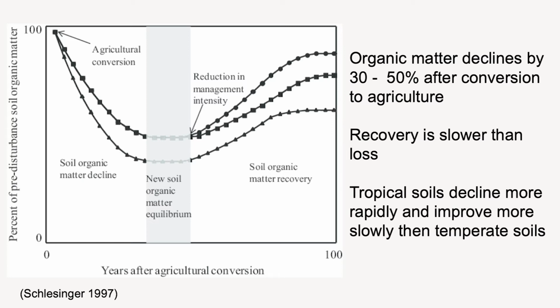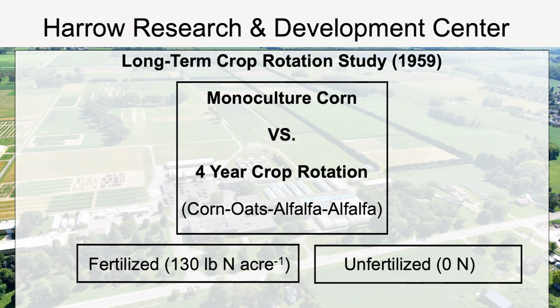I like to use this slide as kind of an example of where we are at with soil organic matter. Typically, when you convert land over, you lose about 30-50% of your organic matter over the first 30, 40 years. And then we kind of stabilize at a lower level. And that's where a lot of the farms are at in the US right now, at this new equilibrium. We've been doing the same management for years and years. And we're at a good point to really increase. And this is where we can start doing some more sustainable practices where we can increase our soil organic carbon. And it's a win-win on both ends. We get to sequester more carbon for the CO2 component, but we also see a lot of soil health benefits.